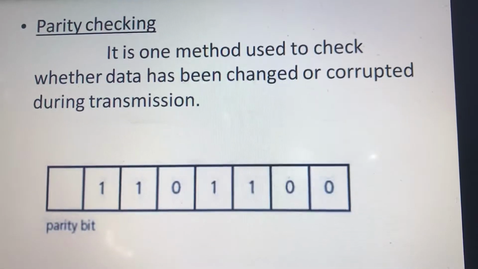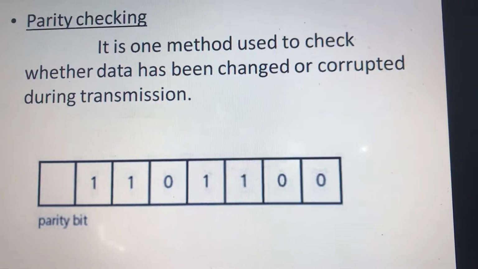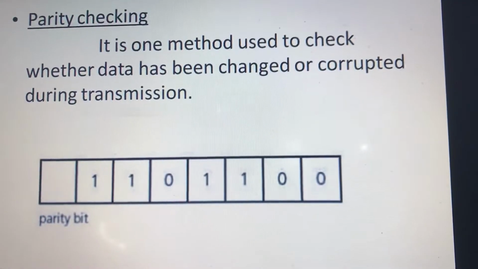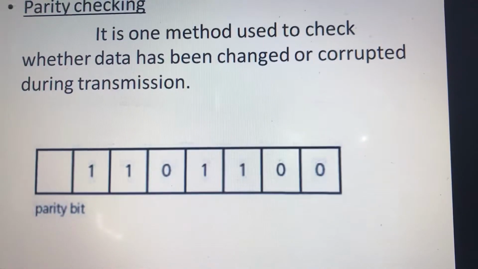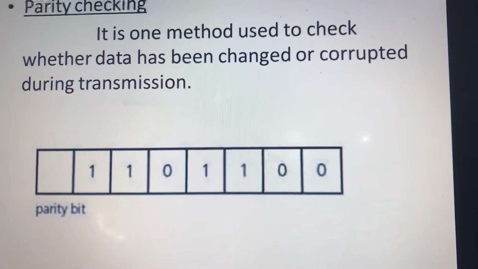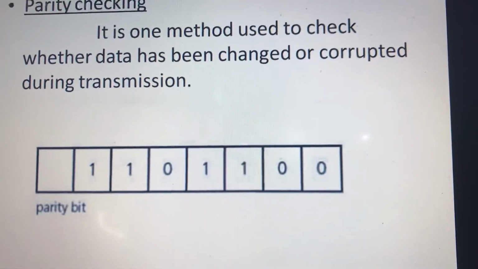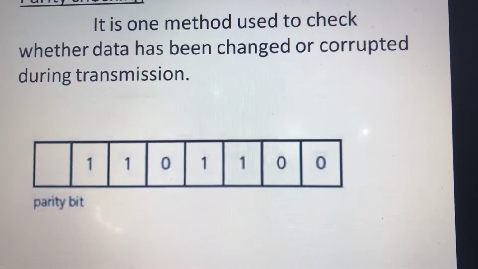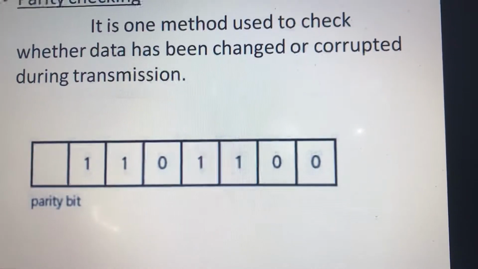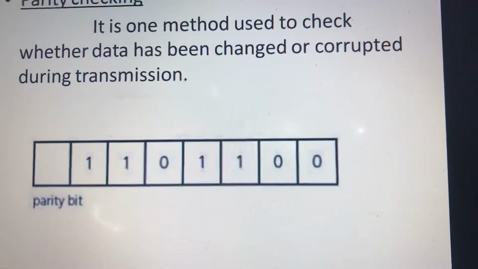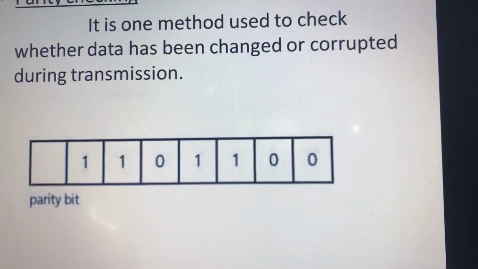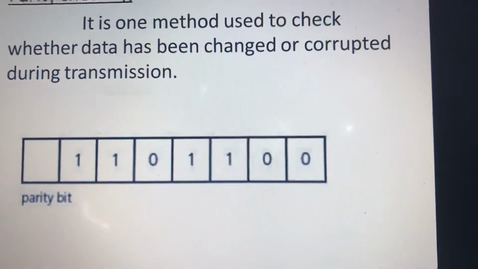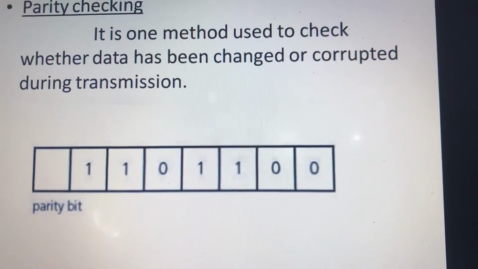It is one of the methods used to check whether the data has been changed or corrupted during transmission. So look at the register that consists of 8 bits. On the left side of the register, there is an empty bit, which we call a parity bit, that may be even or odd.